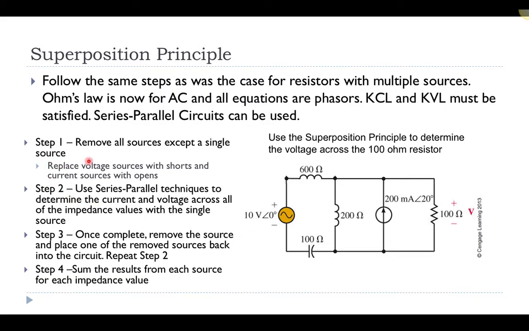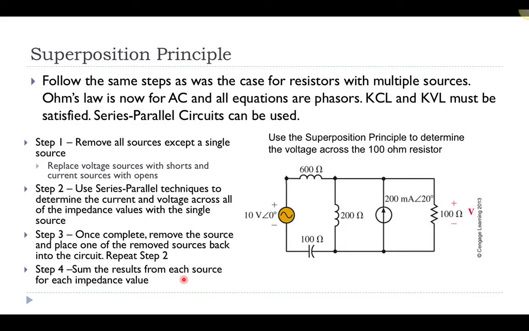The steps that we're going to follow would be to remove all the sources except a single source. When we remove the sources, we have to do it a certain way: we'll replace the voltage sources with shorts and the current sources with opens. So we're going to remove all but one to start with. Then we can use series parallel techniques to determine the current and the voltage across the different components in that circuit. Once we figure out those values, we can go back, remove the source that we had in there and place another source back in the circuit, and repeat that for as many sources as we have. Then at the end, we'll sum the results from each of those different sources